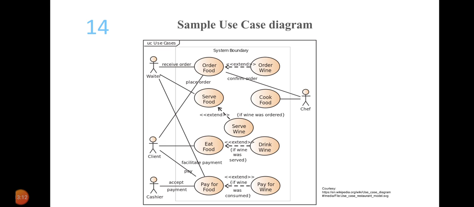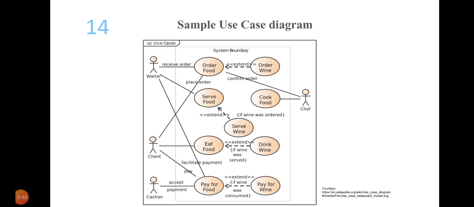Cashier however can accept payment for the food, and the chef can cook the food. However, cooking is not included in that particular system because we are simply creating a design of the software product, not the actual implementation. However, cooking food includes confirming the order and also representing whether the food is already cooked or not.